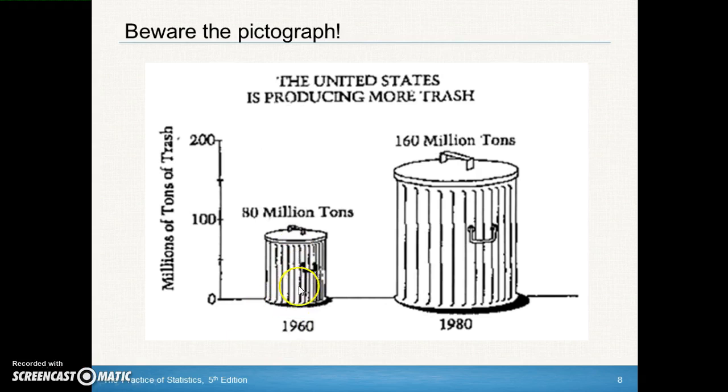So my 1960 trash can says that the US produced 80 million tons of trash, right? And in 1980, the US produced twice as much, 160 million tons of trash. But the problem with this pictograph is that actually we doubled both the height of the trash can as well as the width of the trash can. So the area is roughly 4 times the size in this 160 million ton trash can versus this 80 million ton trash can. And the reason that's a problem is because our eyes respond to the area of the diagram